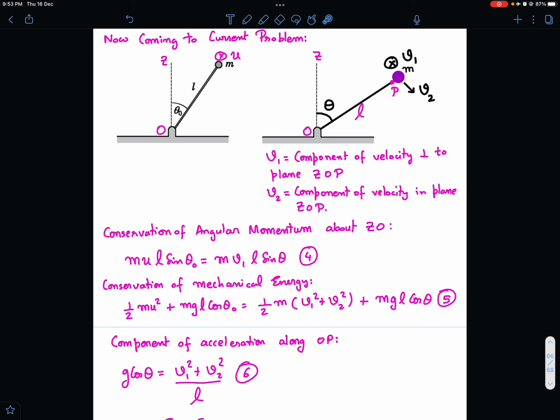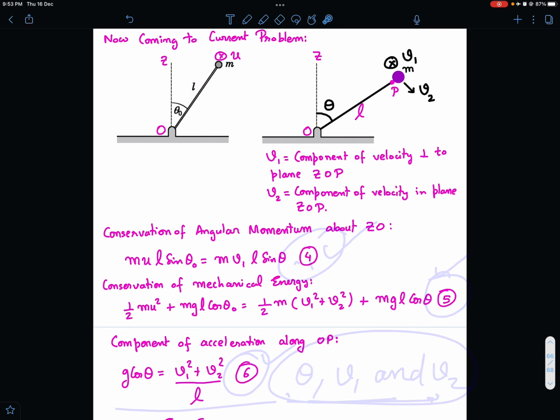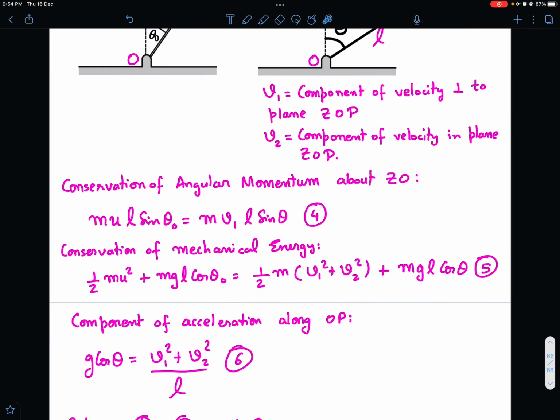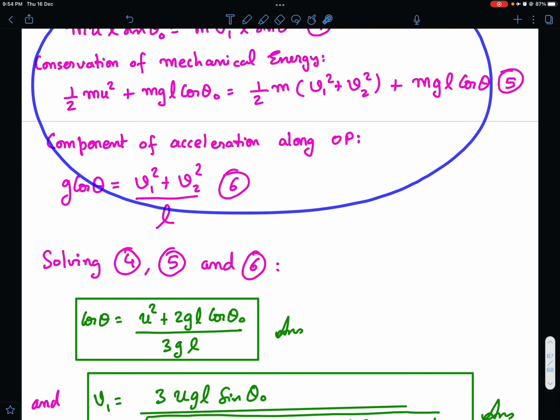Okay, now look at equations 4, 5 and 6. Of course m can be cancelled out throughout, and the only unknowns in equations 4, 5, 6 are simply theta, v1 and v2. These are the only three unknowns, and we have three equations. So then you know that the system is solvable. You can just eliminate and substitute, and then you will arrive at the solution for all three variables. I did it using a computer algebra system, so I have not shown all my dirty work here. I simply solved these three equations, and what do I get after solving this?